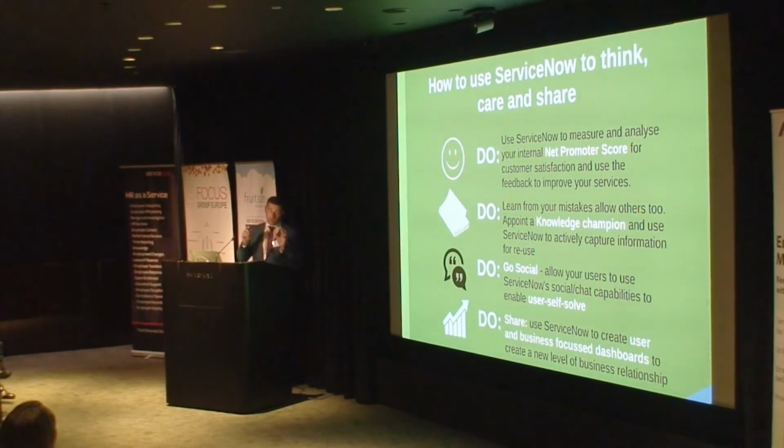And finally, I think, do create service and business-focused dashboards. Not talking about the number of transactions that IT has done, but the value to your business. And be honest and open and start sharing data with your business, good or bad. In fact, I think to this day, every single major big corporate I know has been afraid of sharing service stats of a real nature with their business on a monthly basis, good or bad, on their website. And it's a key thing whereby when you start to